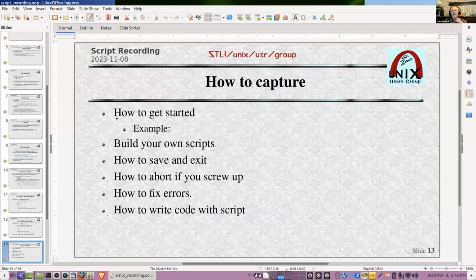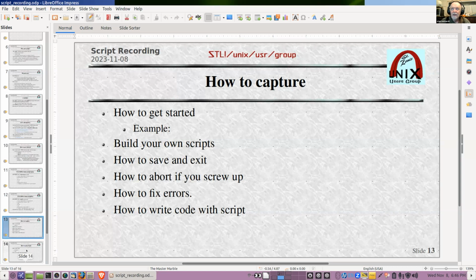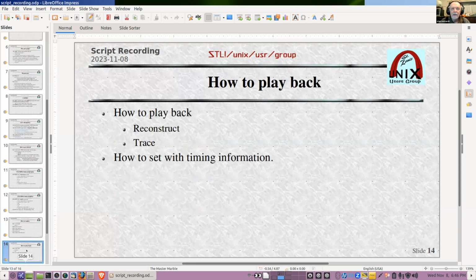And I thought, well, these are the things you're going to have to talk about. How to get started, an example, and build your own scripts, and how to save and exit, and how to abort if you screw up, and how to fix it, and how to write the code with script. I'm going to leave that all as an exercise for the people watching this video, because I think just by going to the demo that I've got, maybe you'll understand something, and how to do the playback.